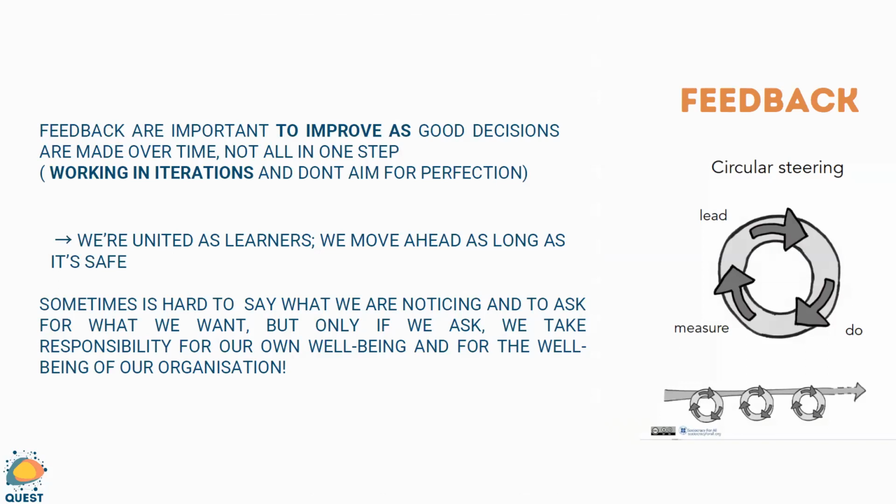In sociocracy, we never take final decisions. We say that it's safe enough for now, good enough to try. So decisions are good now, but might be changed tomorrow. And this is a way in which we give feedback and we constantly change and improve the standard. This is a sort of working in iteration in which we don't aim for the perfect solution. We aim for what feels safe enough in this moment.